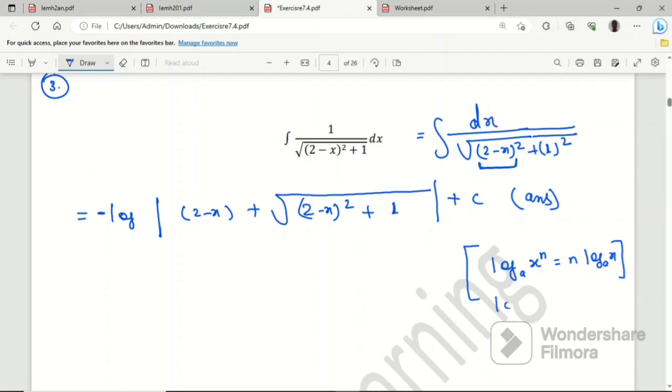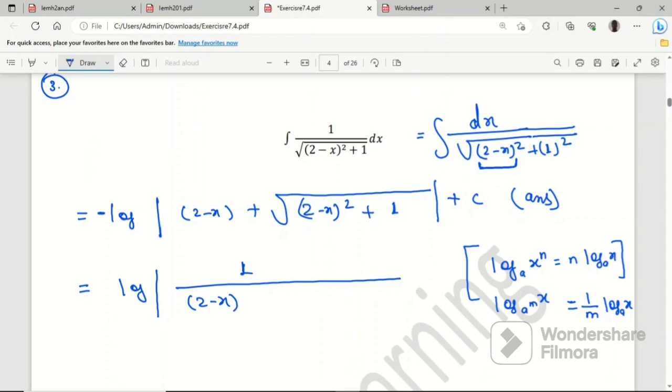But if the power n is on the base, like if I am putting power on this, here the power n is on the base. So what I am writing here is m, for your convenience. Here I will send this m outside with m in the denominator, log base a of x. So there is a difference between n being power on the base or power on x. So again I will send this minus inside. So I will get log 1 upon 2 minus x plus